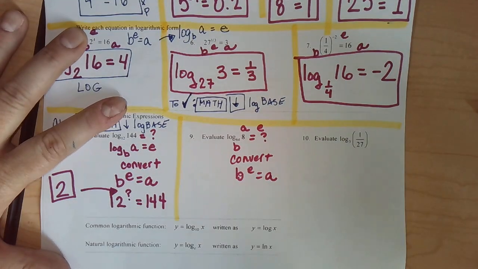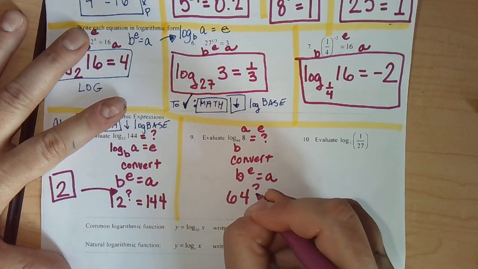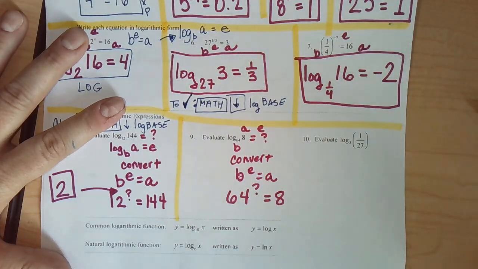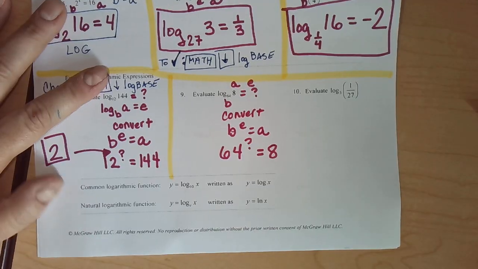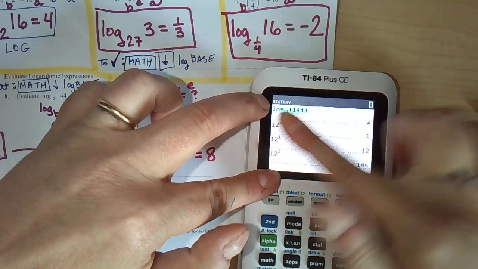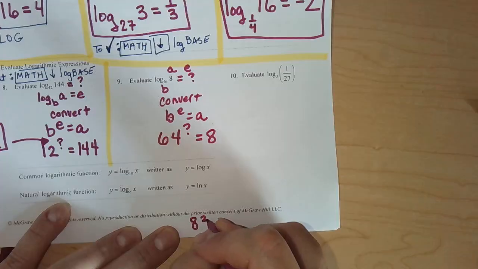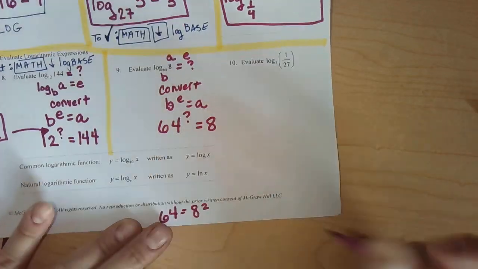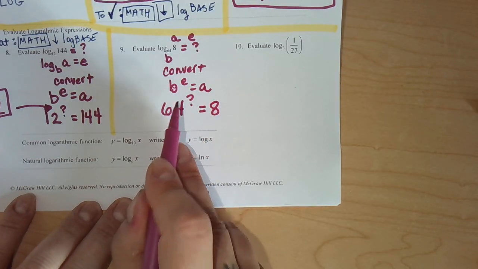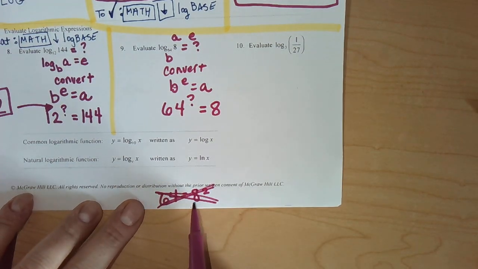Okay, let's plug our goodies in. 64 is the B. E is the question mark. And A is the 8. Okay, awkward. Let's see here. I know that y'all know that 8 squared is 64, but who cares? I mean, that's not what we're looking for here, because we're looking for the question mark on the 64, not the 8. Hey, but we can use this information